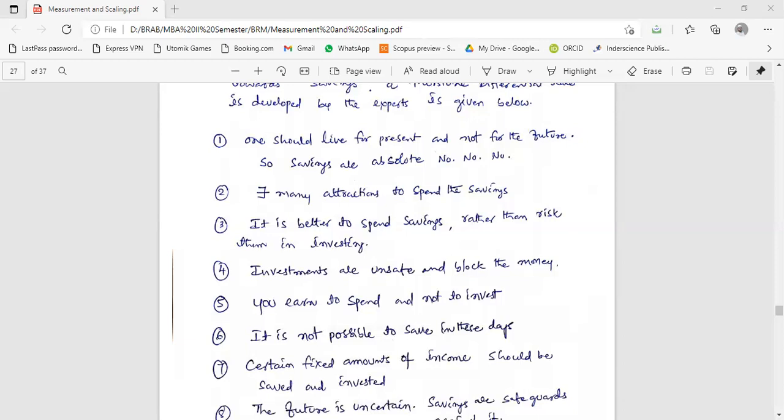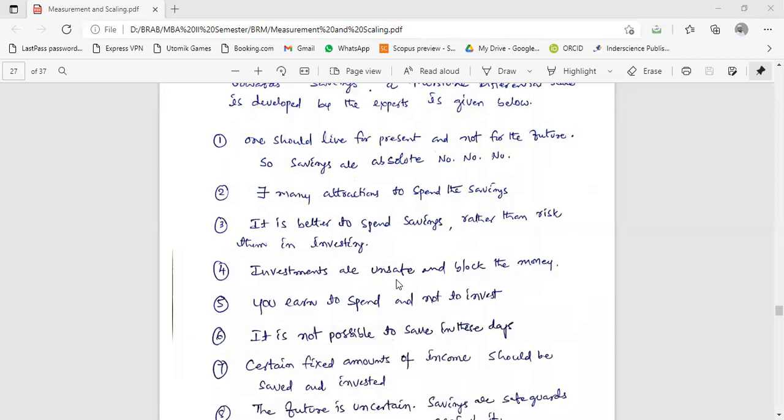How can you say that it is a risky one? Suppose you are doing a fixed deposit, or you are investing in equity shares, or you are trading with the demat account, then how is it not earning money for you? Yes, there is a risk in shares and debentures. I agree, but simultaneously it is earning money for you. So it is also an unfavorable statement only. It is not a favorable statement,